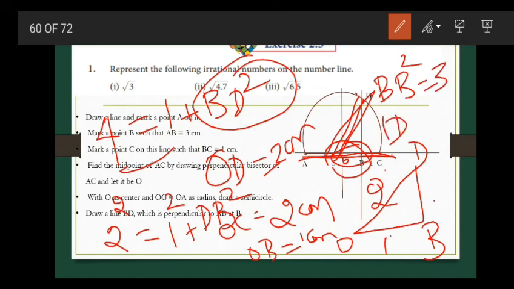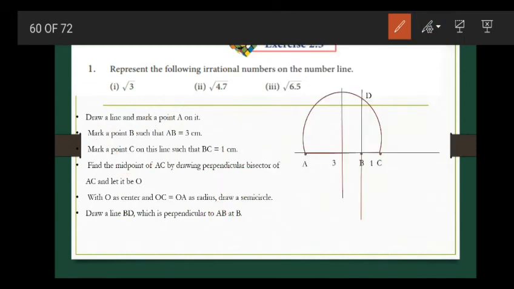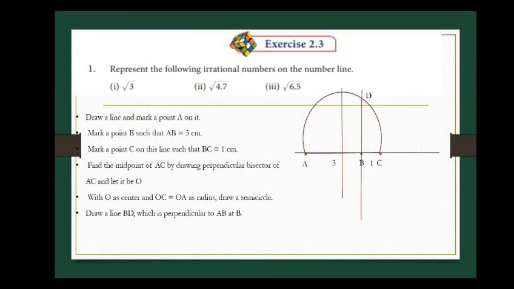So what is BD? BD is equal to taking square root on both sides. While taking square root, square and square root will get cancelled. Here you will get BD as root 3. So we have got BD as root 3. Now on your compass measure BD, and in the line AC, so we have a line here, right? So with BD as radius, with B as center, mark an arc on this line. When you draw an arc, you will get E. So this BE is the required irrational number. That BE length gives us the value of root 3.